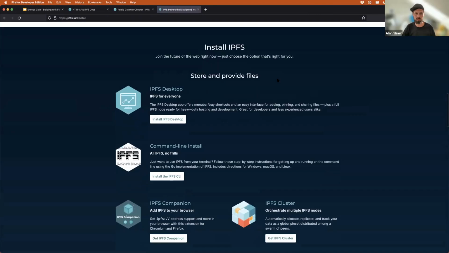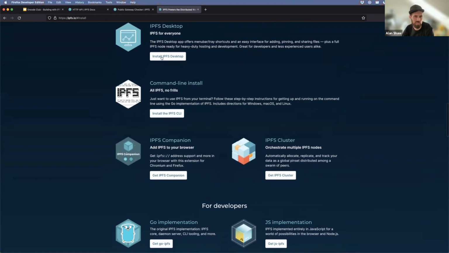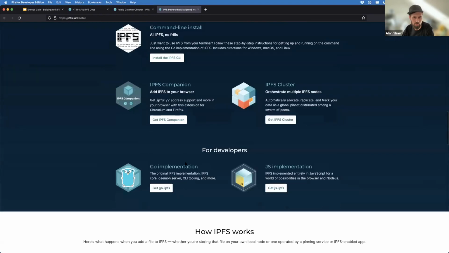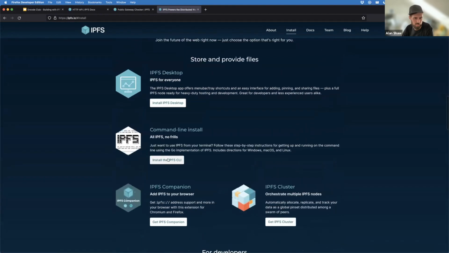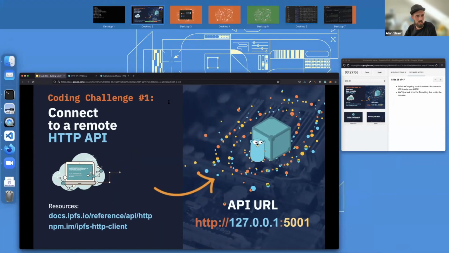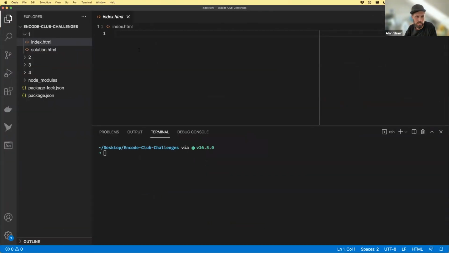There we go. So install, and then you can install IPFS Desktop. That's kind of cool. You can also use the command line, which is what I'm using at the moment, but IPFS Desktop will also do. It will allow you to start up a node through a nice GUI. I think it works on Windows and everything, so it's all good. Awesome. Cool. So once you've got a daemon running,